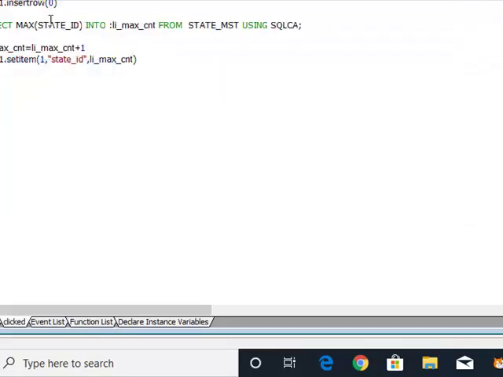Okay, so if there is no state ID, then it will return a null value. Null plus something is always null. You cannot add, subtract, or divide with null values because null is not a defined value. So what we can do is